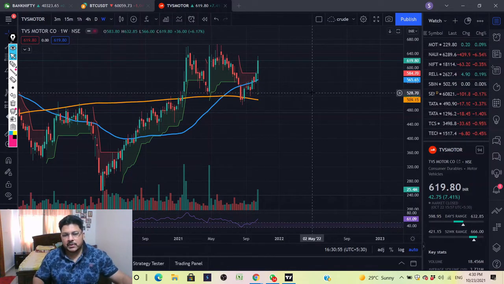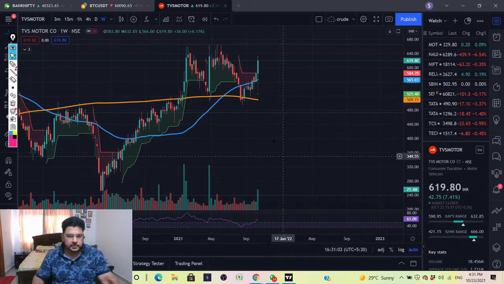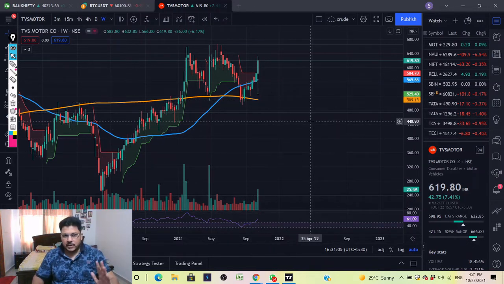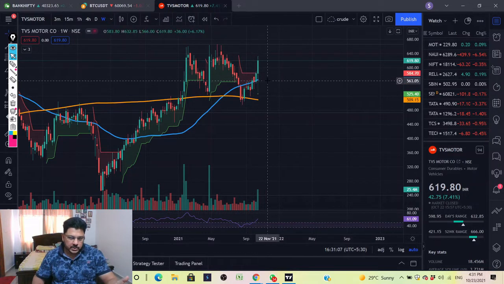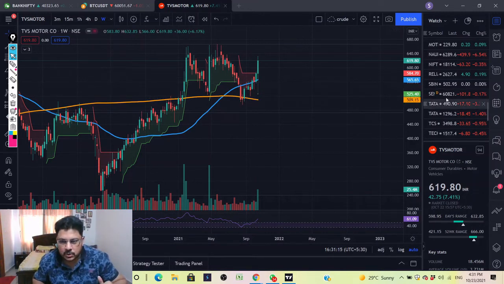Our rule is simple: we enter when weekly super trend gives an entry. The price has to be above 20, price has to be above 200 period. There should be good volume. These are the conditions we have. If the price breaks the super trend, then we exit that trade. No brain applied, no logic applied, no love for the stock. Just exit and find some other stock.